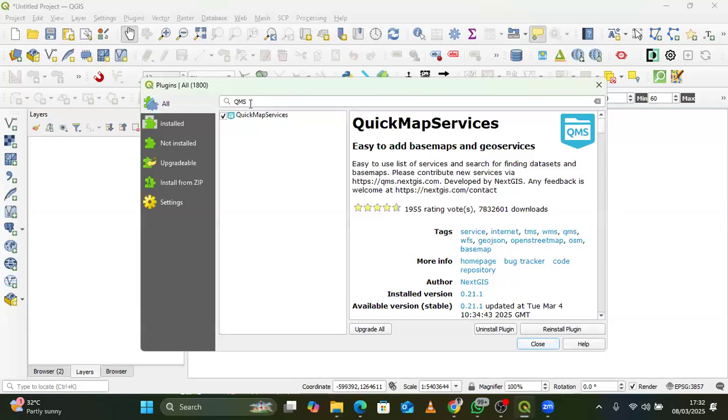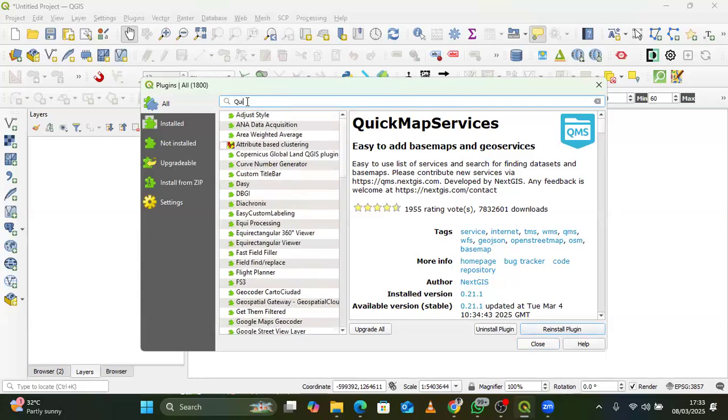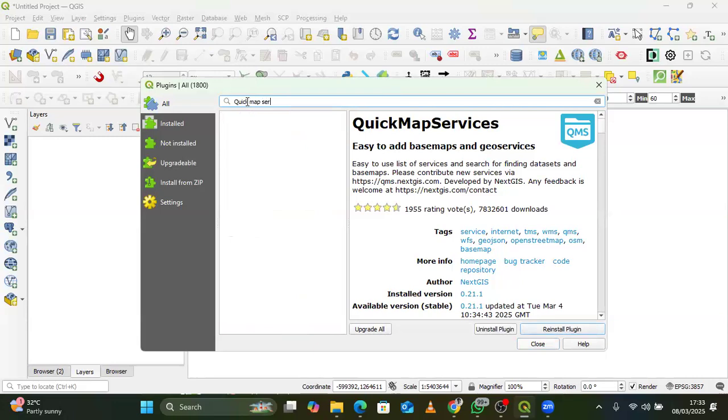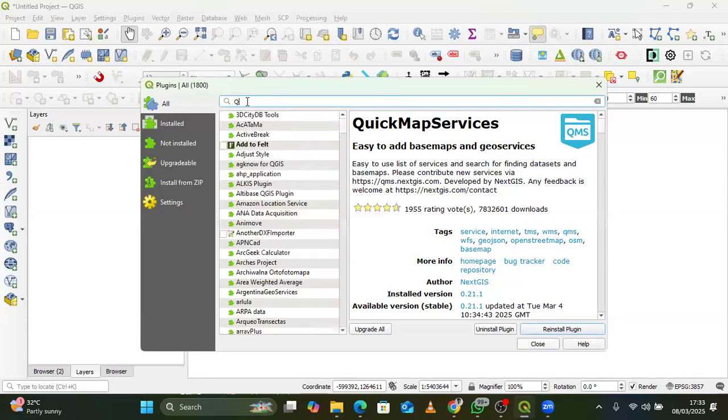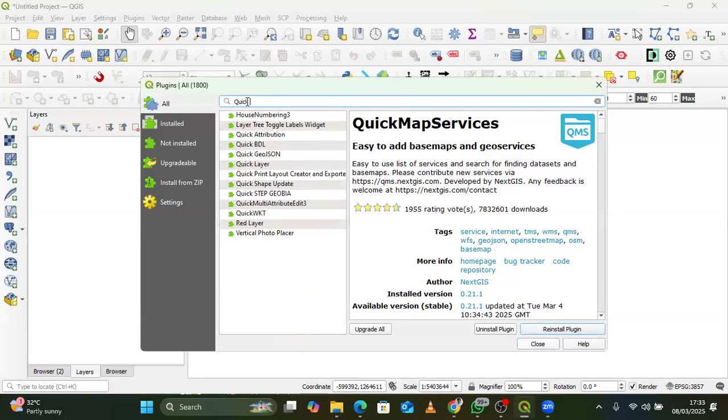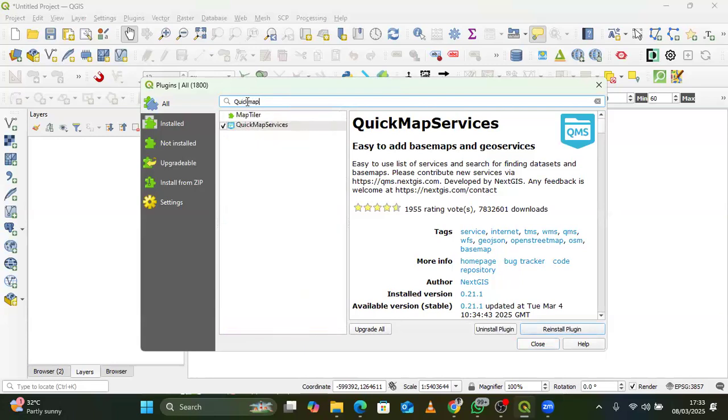And then you come here on the search option. You should make sure that you're connected to the internet, because it involves the process of downloading and uploading things. And so what you need to do is just type QMS or simply Quick Map Service. Oh, it is not coming. Maybe I should use the short form. Quick Map Service. You need to select that, and then you come down here on the install